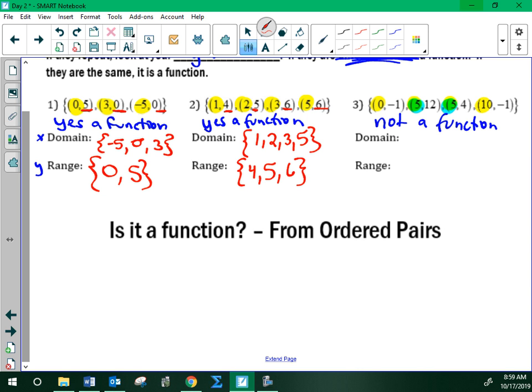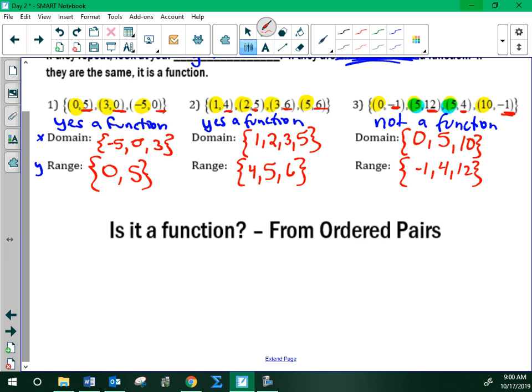All right. So we do have domains and ranges for when it's not a function. We're still just listing out our x's and y's. Just know it's not a function. All right. So we've got our domain, x values. So we've got 0, 5, 5, 10. So nicely ordered for us, 0, 5, and 10. And then our range, ooh, we've got some crazy numbers here. -1, 12, 4, -1. Which one's my smallest? -1. Okay, -1, 4. Okay. So that's when they give us a list of ordered pairs that we can decide if it is a